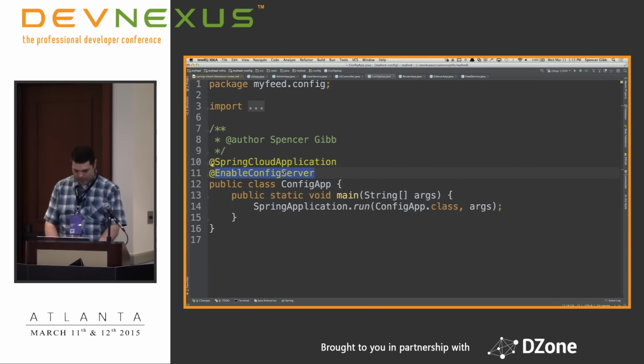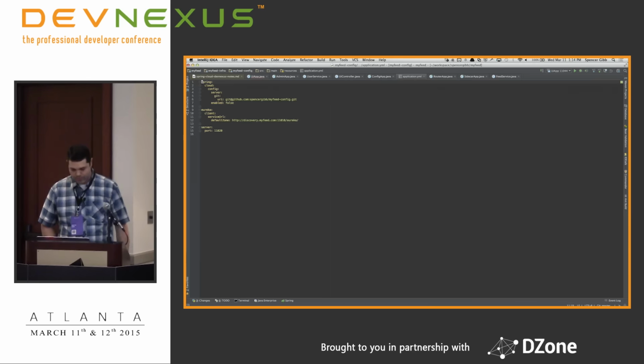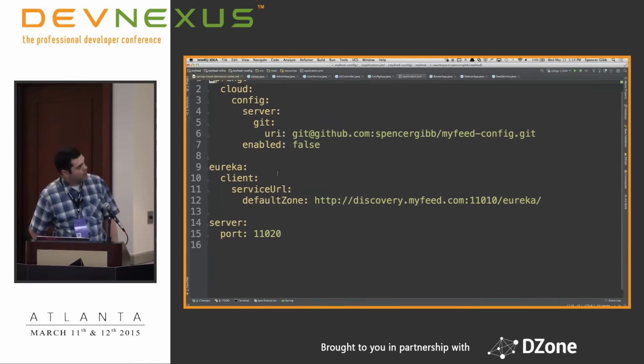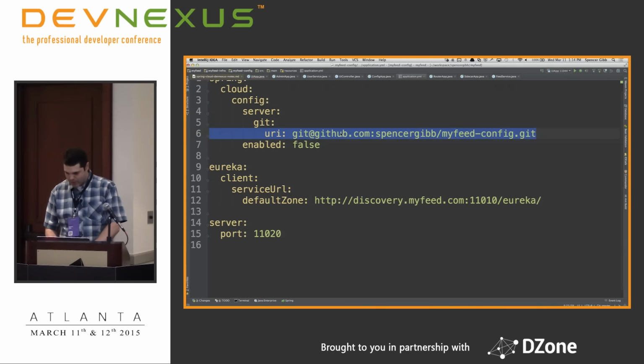So I have configured mine, pointed my config server at this GitHub URL. Okay, so let's get it up and running.